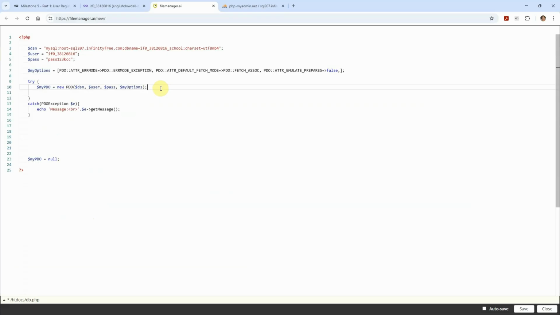And if it doesn't make the connection, then I'm going to say die, "Connection failed," and have that message. Okay, and I don't need any of this either. So this is all that is going to be part of my external